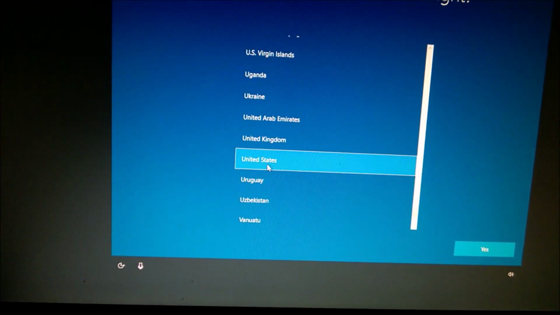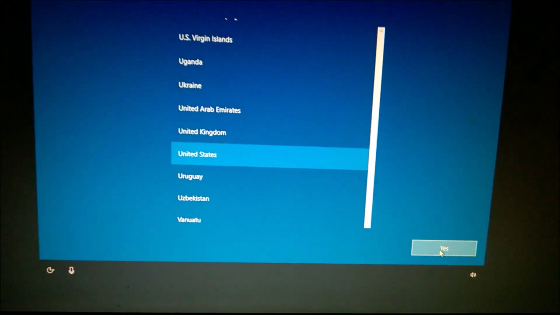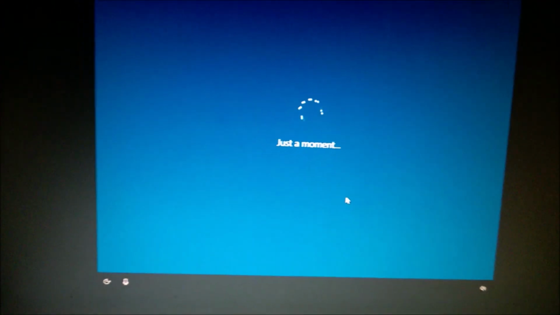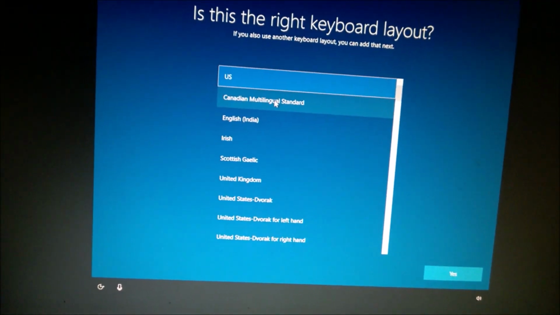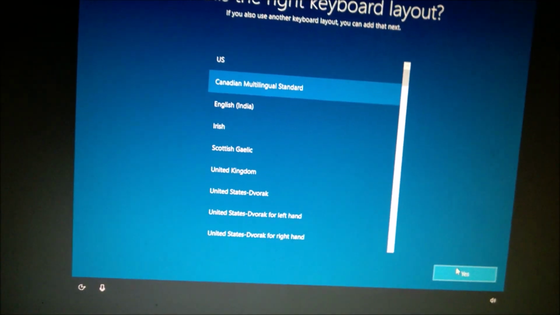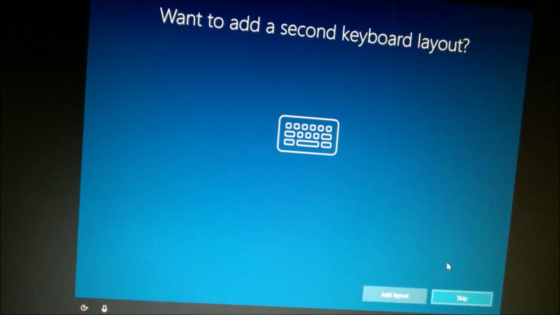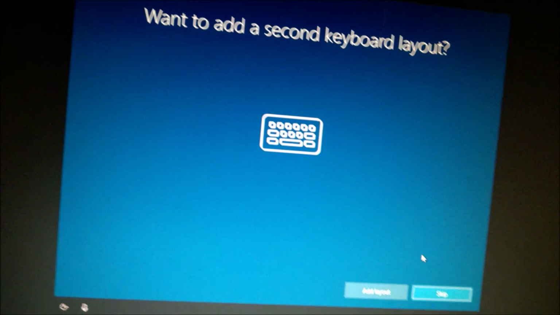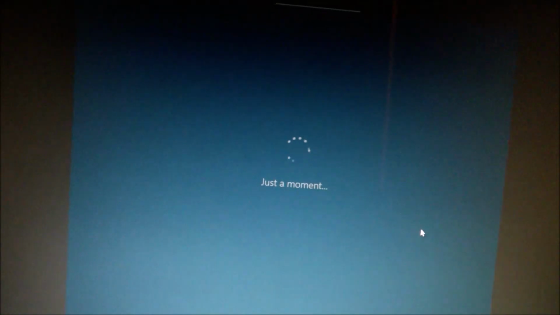Just say I'm in the United States. I'm in Canada, but I don't think it makes a difference. I will use Canadian multilingual, that's just for me. Yes. Want to add a second keyboard layout? I don't know what this is. I'm going to skip this thing.